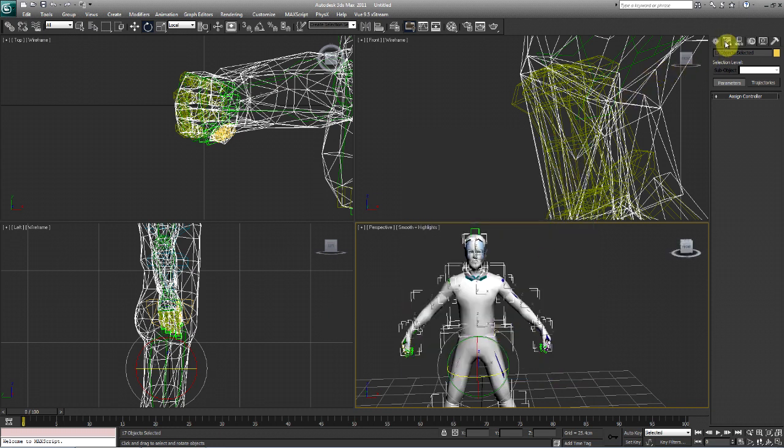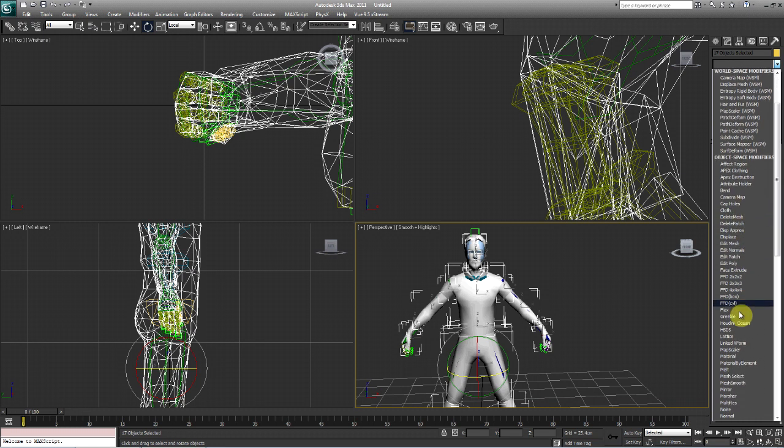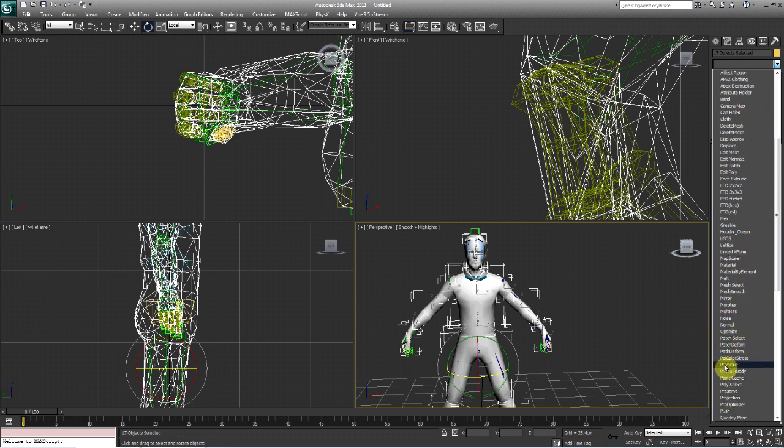With everything selected besides the bones, I'm going to go under modify. Now there are two different modifying tools or ways to skin or rig or physique model. If you go under physique, from what I understand, this is an older method of character rigging.